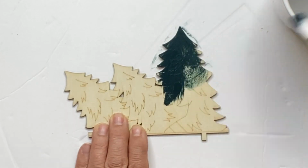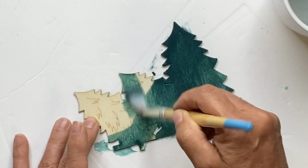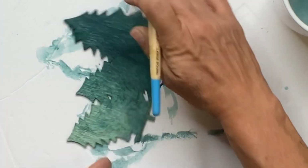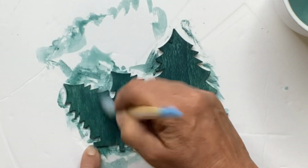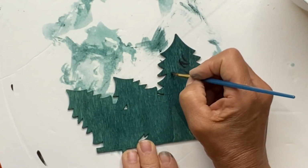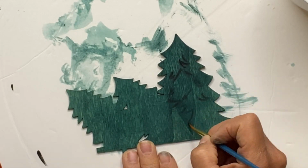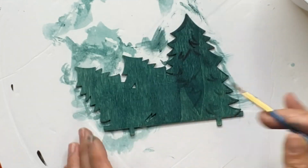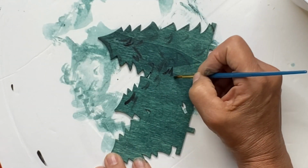I'm going to start with the winter, and it's a set of 3 pine trees. And I'm going to start by using Charleston green. Now, even though this is a pretty dark color, you can still lightly see some of the engraving of the detail. And it just kind of gave me a place to start. So using some black and a very small art brush, I just started kind of just defining